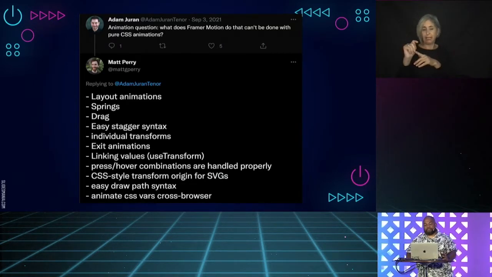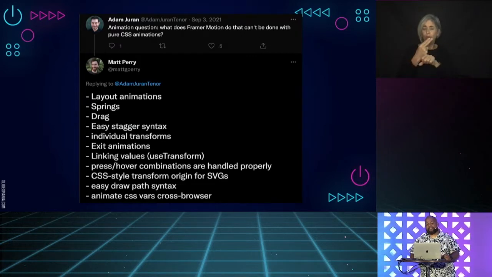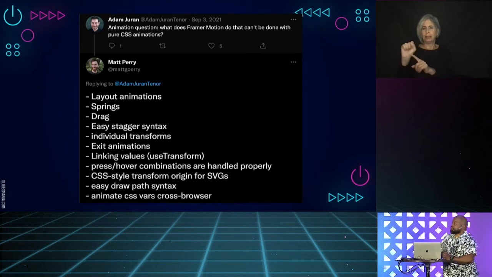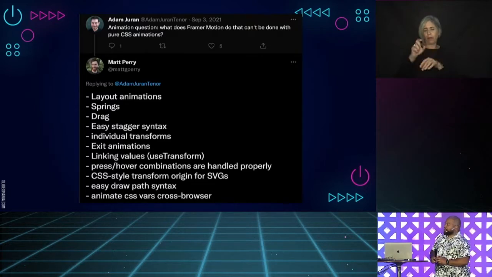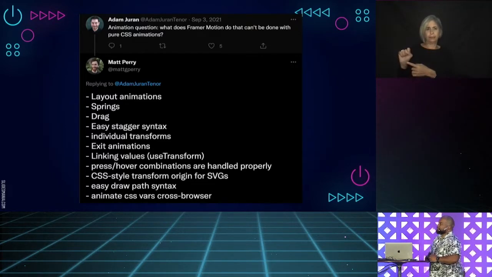You can link values using the useTransform hook. Press and hover combinations are handled properly. CSS style transform origin for SVGs. You can really, really easily draw SVG paths, and you can animate CSS vars across browsers. So a lot of benefits that you get from using Framer Motion over just regular CSS.